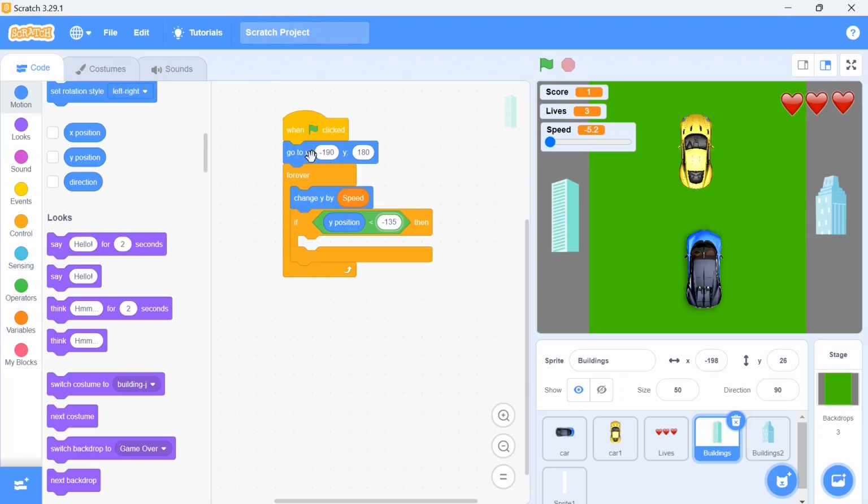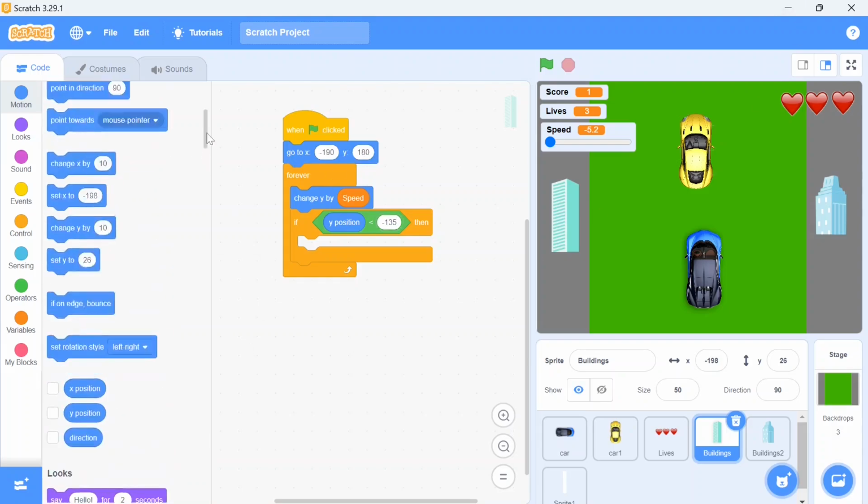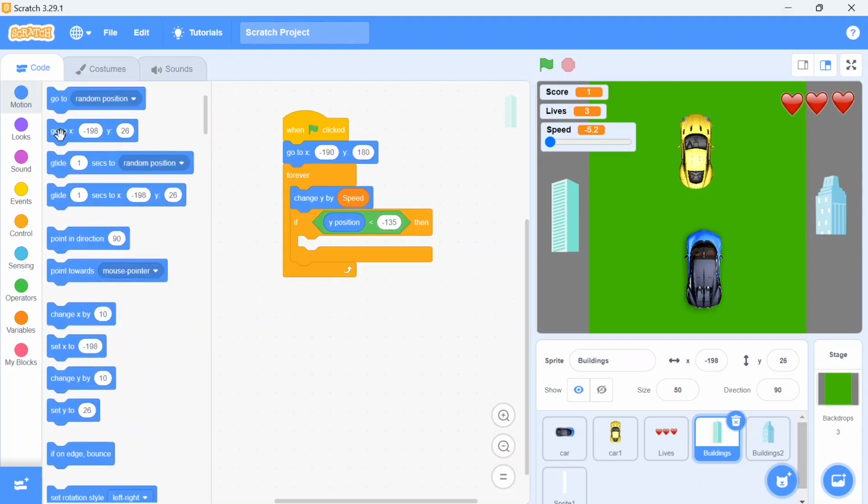It should go back to the same position, meaning again go to the same x and y position. For that, again I am going to the motion block and here I will choose go to x y. Here I will type the same values, minus 190 and y value 180. This should repeat continuously, but the costume should change.